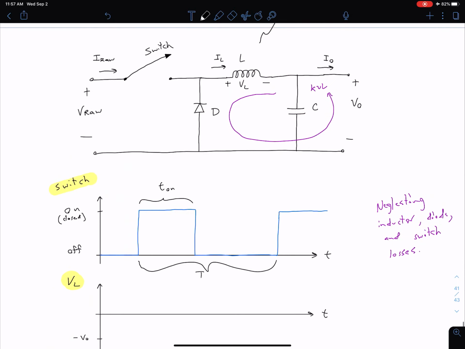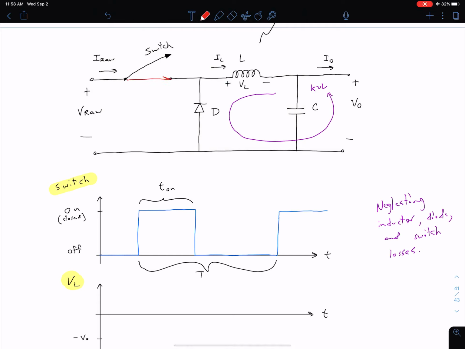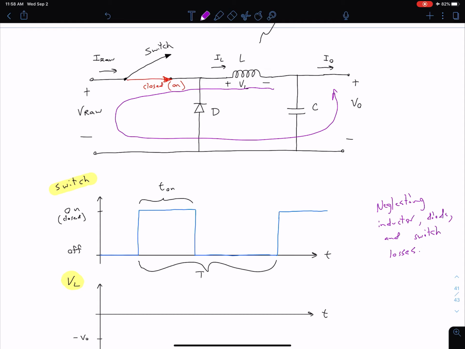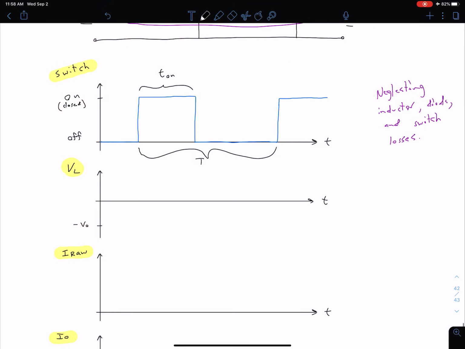Now, if our switch was closed, so if our switch comes down to this position here, this would be closed, on. Now our KVL loop needs to include this V raw. We're going this way, and we see that our VL is equal to V raw minus V out. So let's add that on our plot here. We have V raw